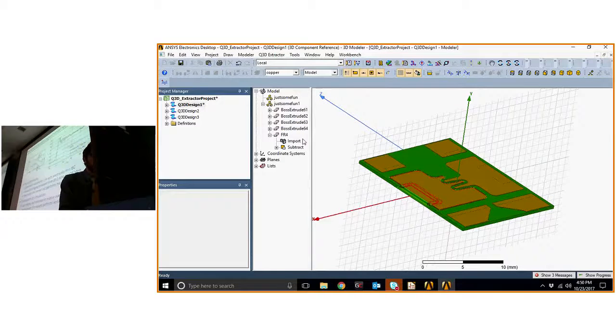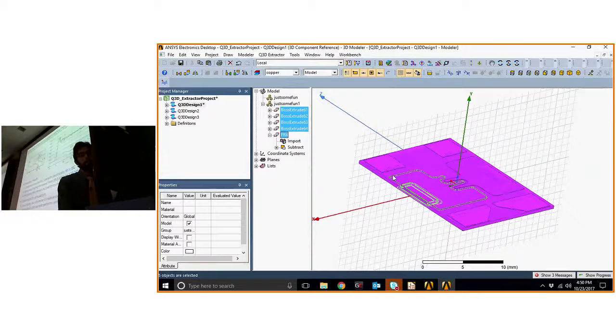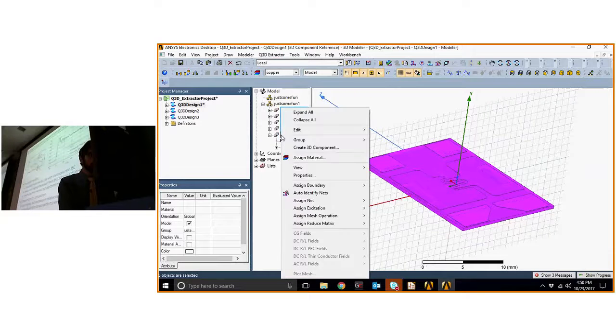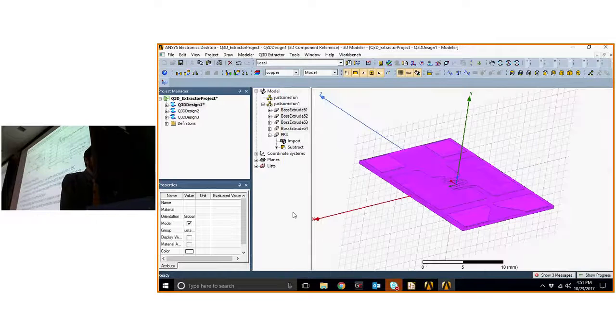And knowing that I'm going to be using several of this same mechanical design, what I usually do at this point is select all of the mechanical features with the colors and materials defined and create a 3D component. And I might call this like mechanically thin ISC and save that. And then later, in